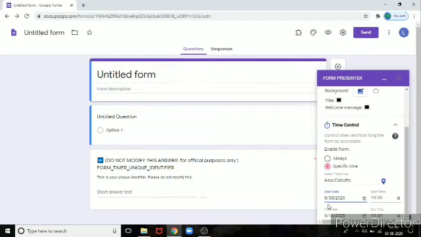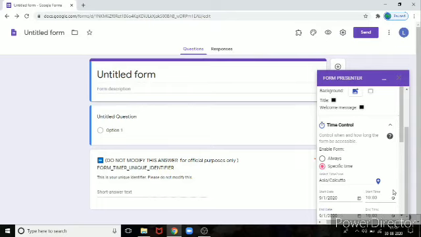Here I am giving 1 September, 10 o'clock. If you want, you can change the date on the same day up to 18 hours. Once it is over, you can save your configuration.